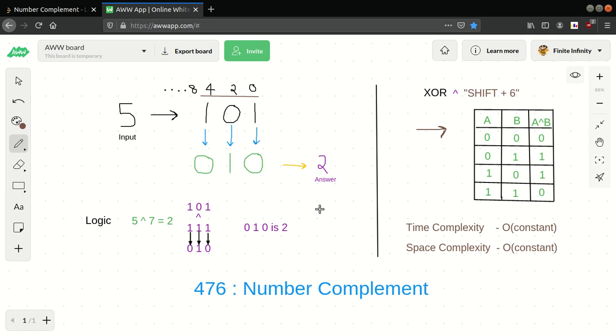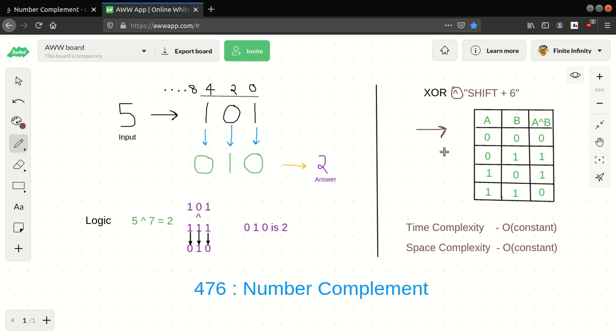So what we can do here is use an XOR operator. An XOR operator is a bit operator which you can find on your keyboard on Shift plus 6. It looks something like this. And what is an XOR operator? Basically XOR of two same bits will be 0, like 0 0 XOR will be 0 and 1 1's XOR will be 0, but XOR of different bits will be 1.